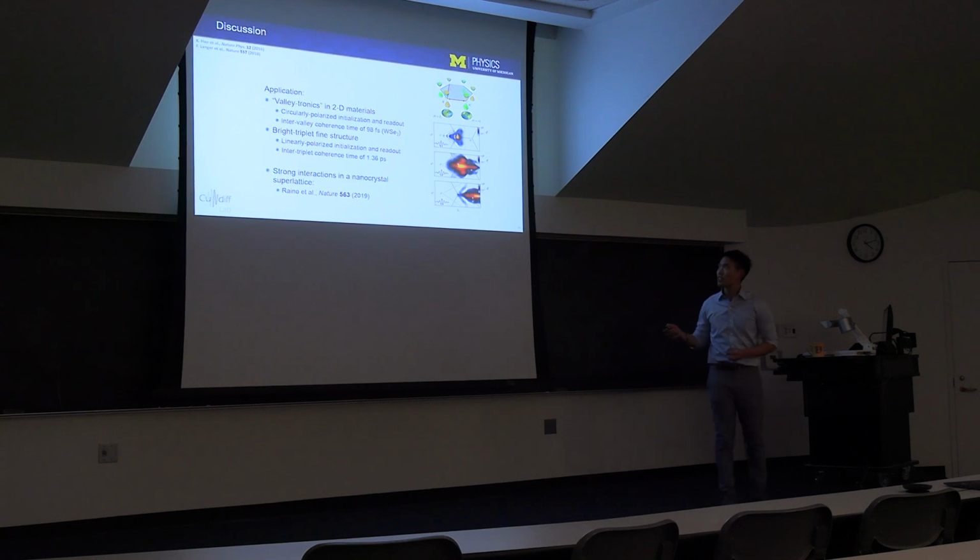If you compare the intervalley coherence time of, say, 98 femtoseconds of tungsten diselenide to the intertriplet coherence time, the intertriplet coherence time is over 10 times longer, on a picosecond time scale. And because perovskite nanocrystals have been demonstrated to interact strongly when placed close to one another, perovskite nanocrystals could be a promising material platform